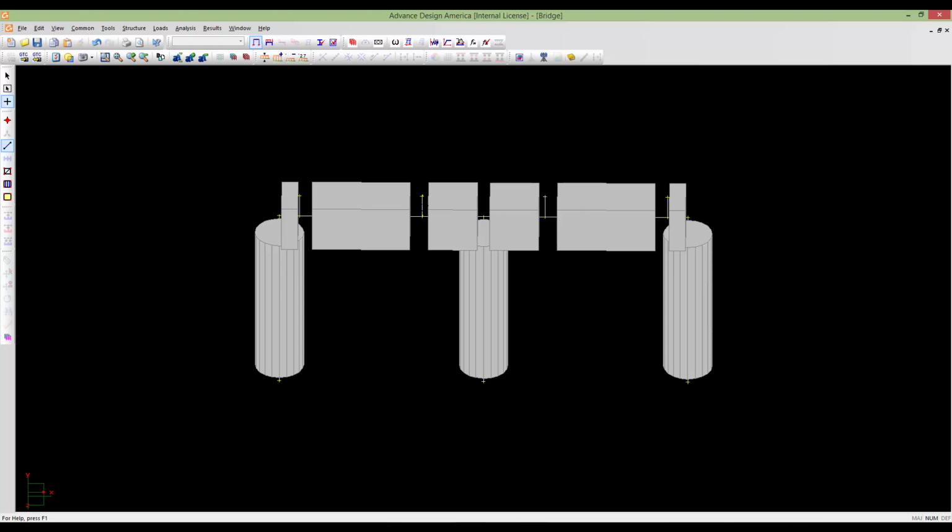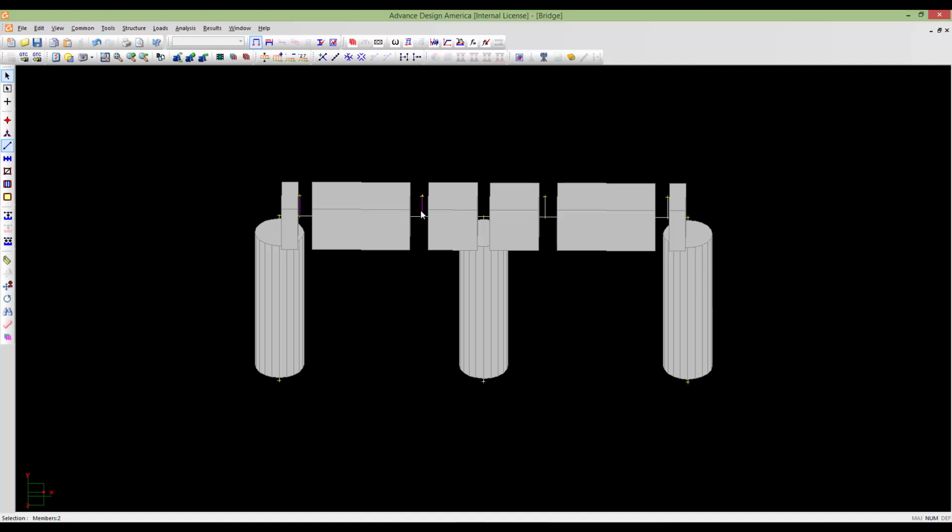So we need to release the end of these rigid links for M direction. In that case, we will have hinged connection between the girders and the cap beam, and we will free the rotation here. So to release that, simply go to extended window mode, member mode,